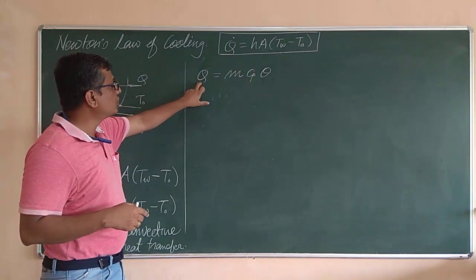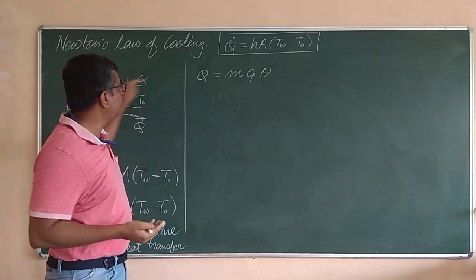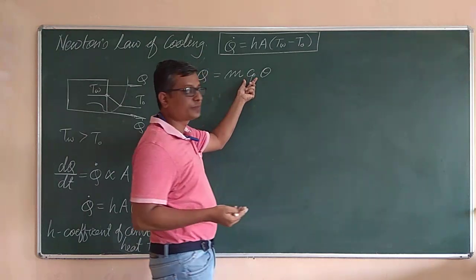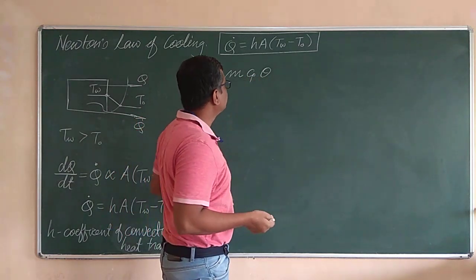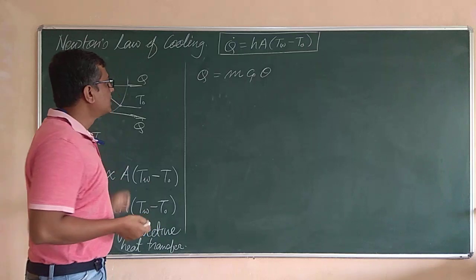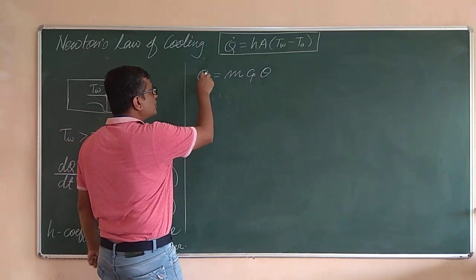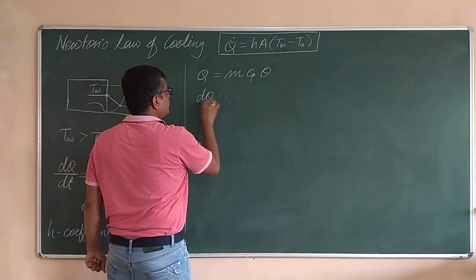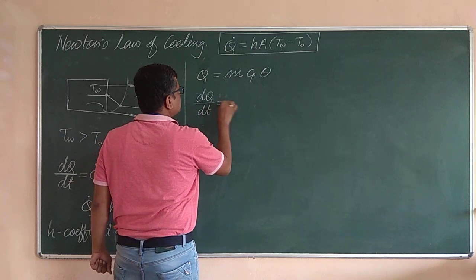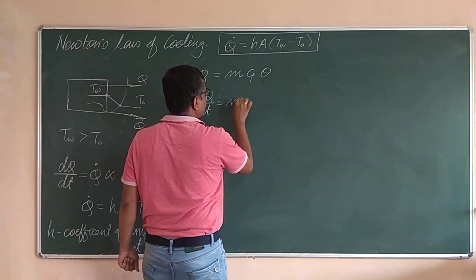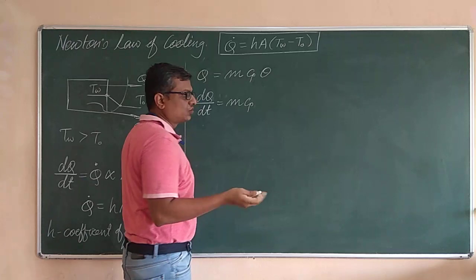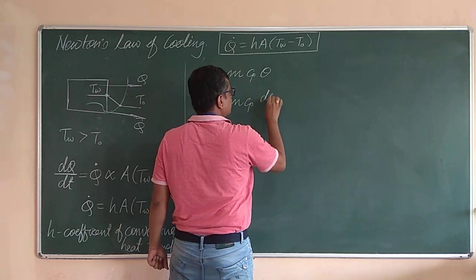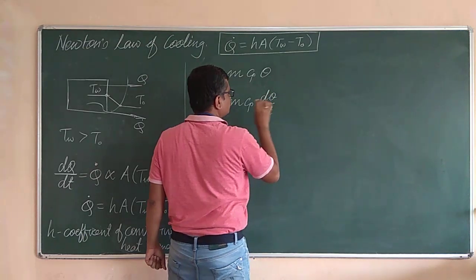So if I take Q as the heat, or the internal energy possessed by this body, then it is equal to m into Cp into theta. Cp is the specific heat of the object, and theta is the temperature of this solid object. So if I check the rate of transfer of heat, then I need to differentiate this equation, and it will be dq by dt equals m and Cp, if I consider m and Cp to be constant with respect to time, and there is no reason to change that, but theta is going to change, and that's why it is d theta by dt, right?